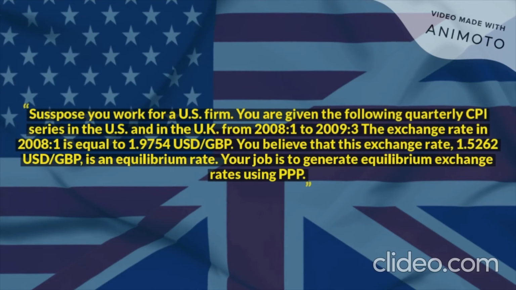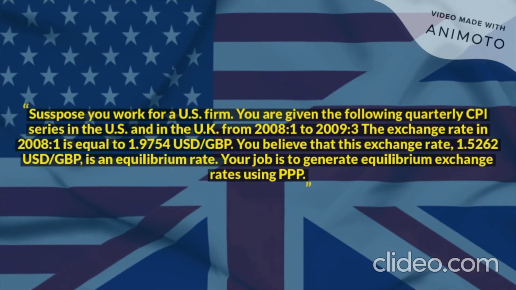You believe that this exchange rate, 1.5262 US dollars per British pound sterling, is an equilibrium rate, and your job is to generate equilibrium exchange rates using PPP. In order to do this, you do a quarterly forecast of the US dollar per British pound sterling